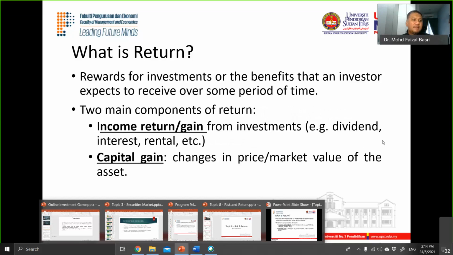So first, we're going to look at the return side. Okay, the return side of this topic. As you can see earlier, kita ada return and also risk. So first we're going to look at the return, and obviously later on you will see for both return and risk, we can try to calculate based on individual investments or in a portfolio of investment. Okay, so again, what I mean by portfolio investment is a pool or a selection of investments, right?